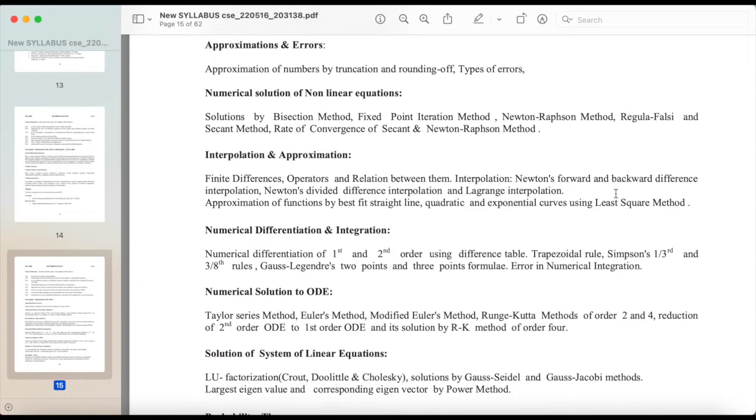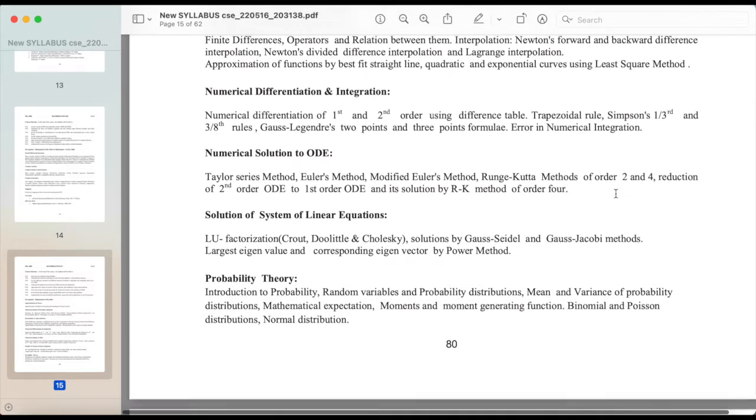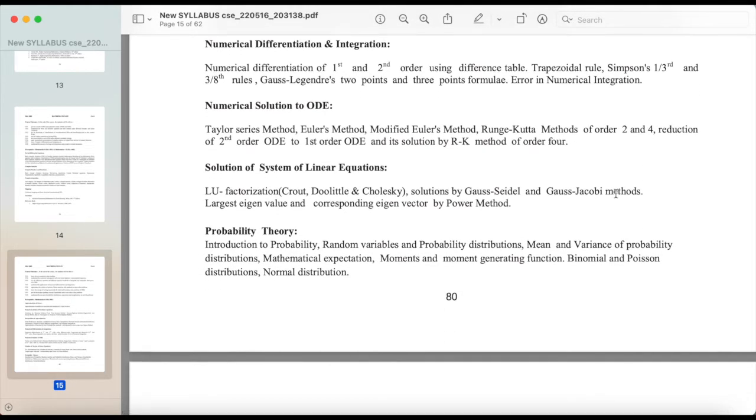forward and backward difference interpolation, Newton's divided difference interpolation, and Lagrange interpolation, approximation of functions by best fit straight line, quadratic, and exponential curves using least square method, numerical differentiation and integration, numerical differentiation of first and second order using difference table, trapezoidal rule, Simpson's 1/3 and 3/8 rules, Gauss-Legendre's 2 points and 3 points formulae, error in numerical integration,